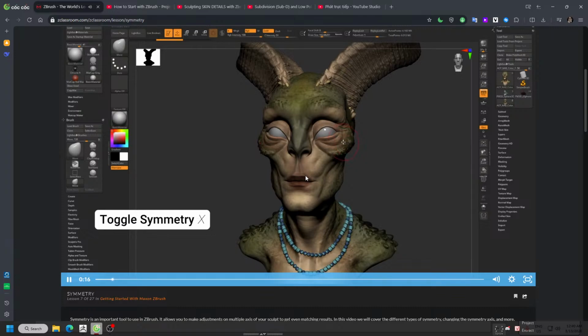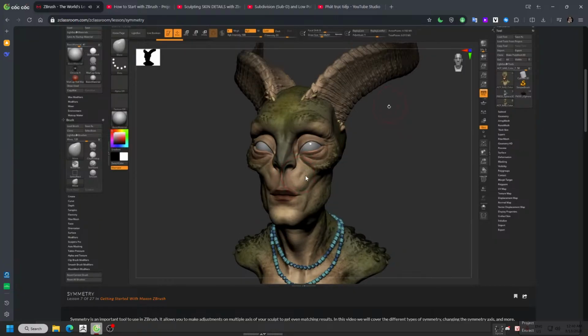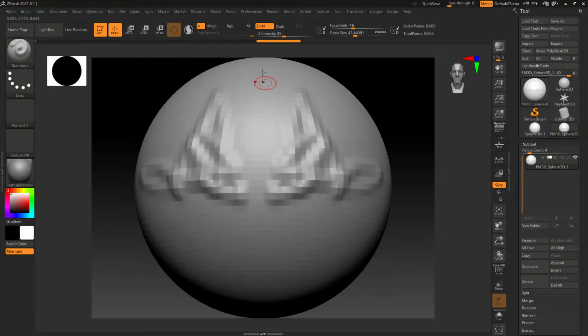Similarly, to turn it off, also press X. Here's my move brush without symmetry versus with. Symmetry helps you make great progress on your model in half the time. To access your symmetry options, go to Transform and right